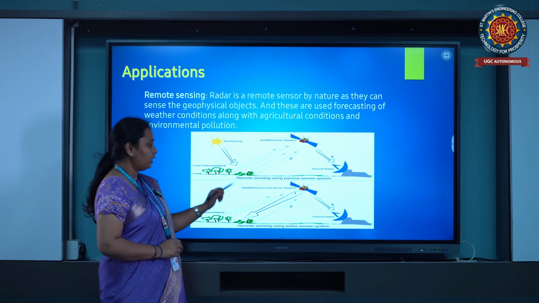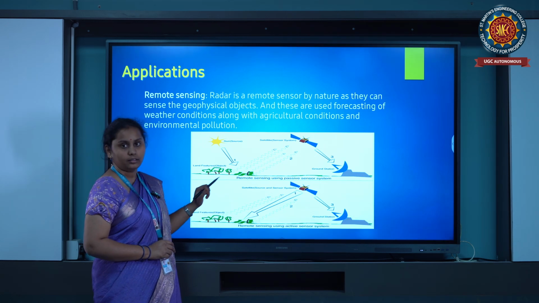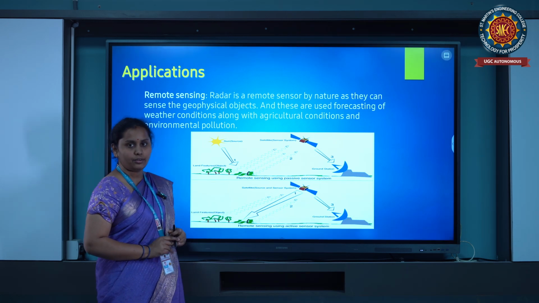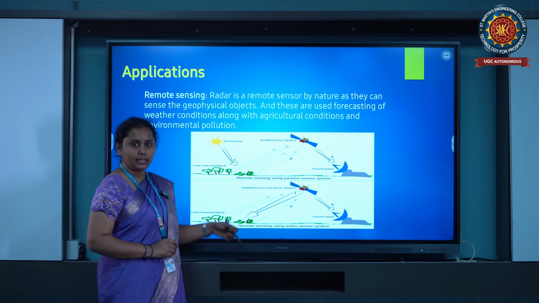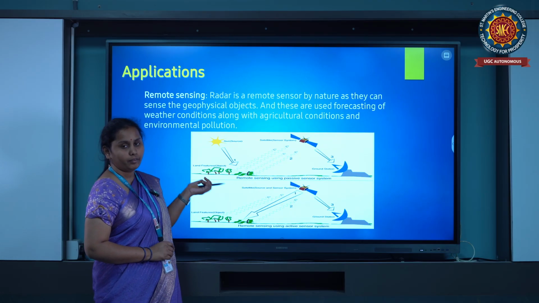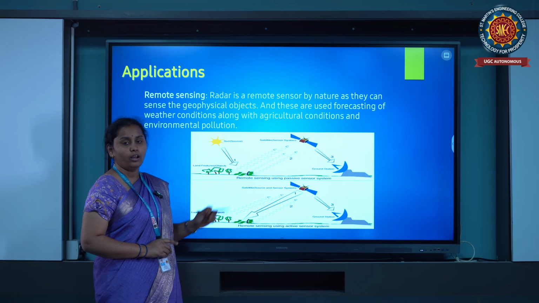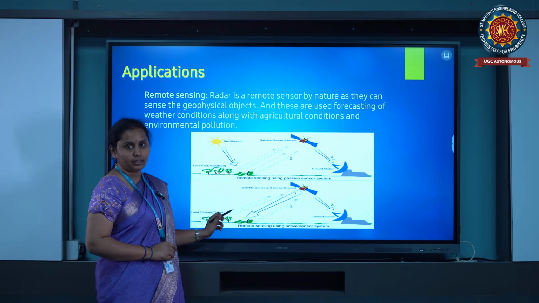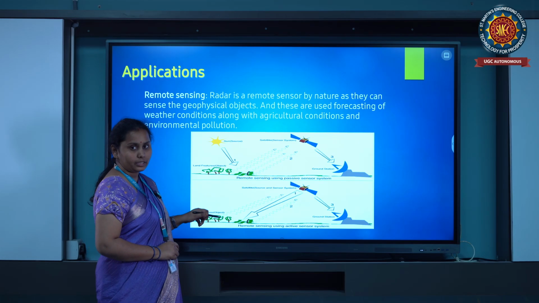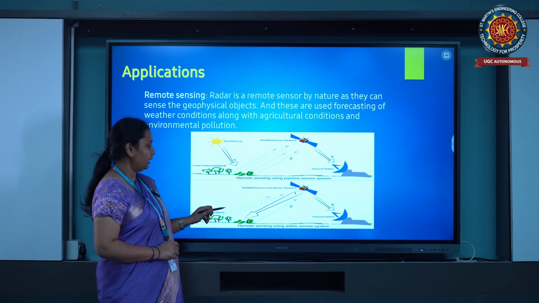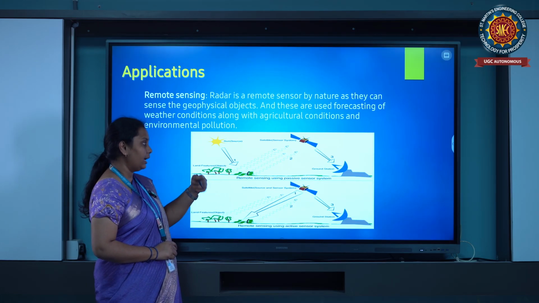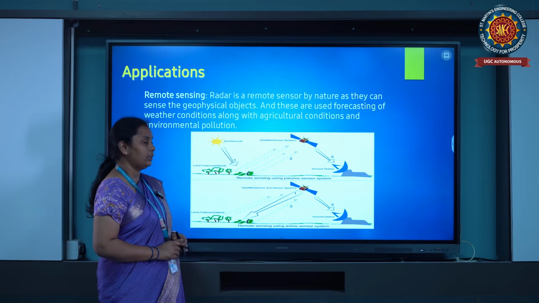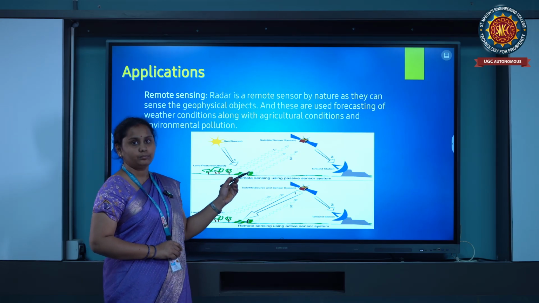Then they will analyze the data by using frequency shift and time delay. They will show how much land is there for agriculture and how much forest area there is. Then we can know the land for cultivation and desertification.